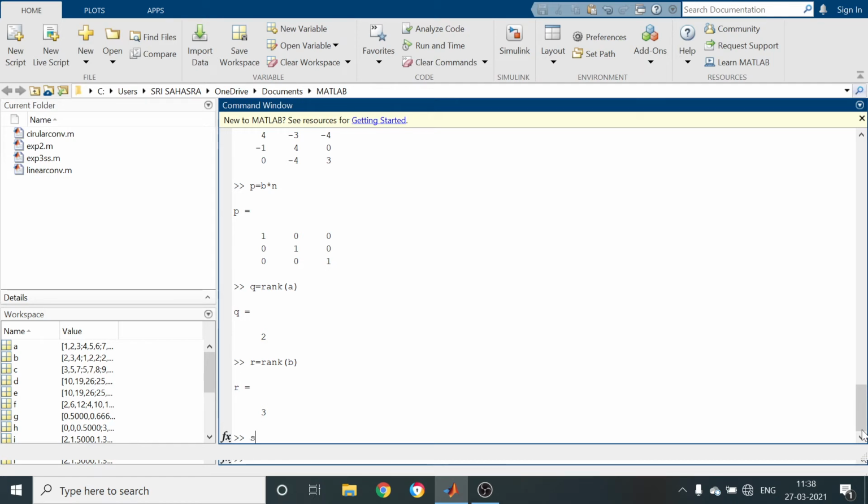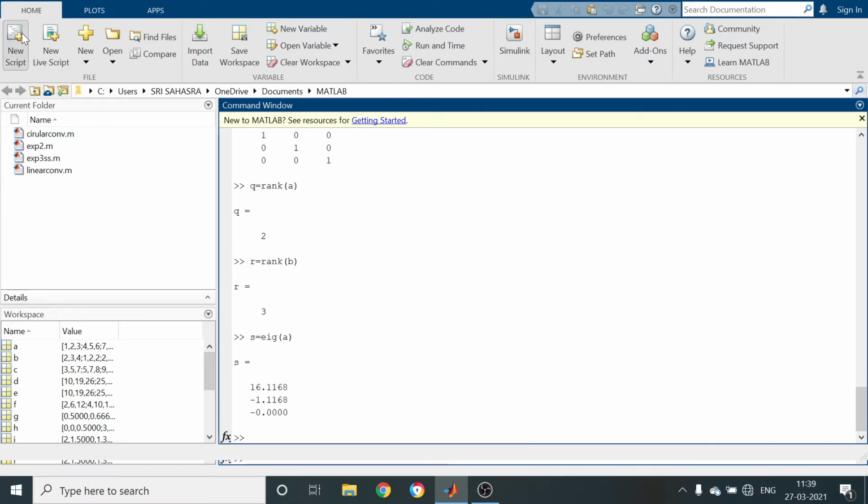Similarly, you can calculate S equal to eigenvectors, EIG, the eigenvectors of A. You are going to get 3 eigenvectors. In this way you can calculate any matrix operations. These are the operations we can perform through the command window.